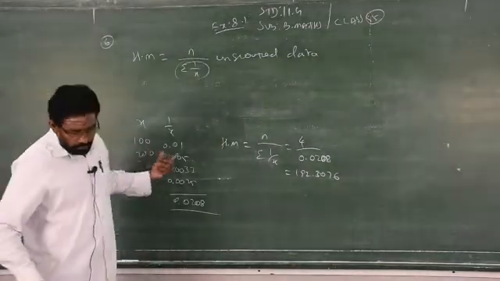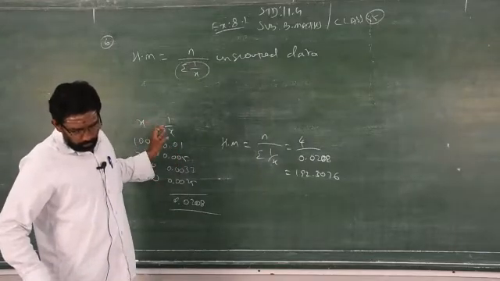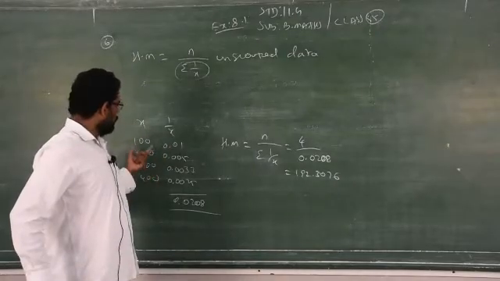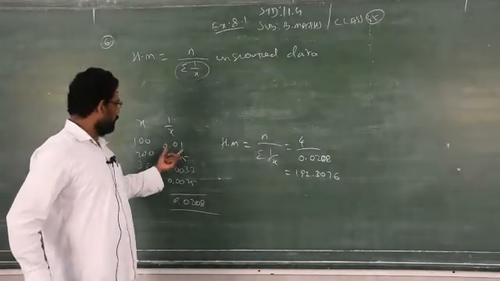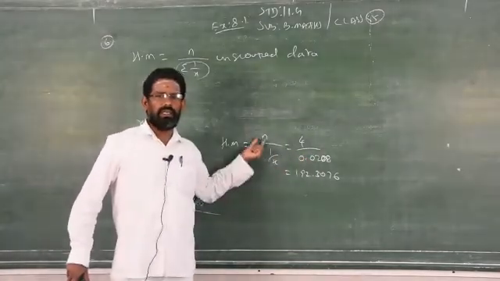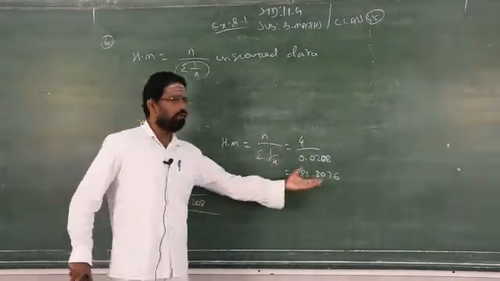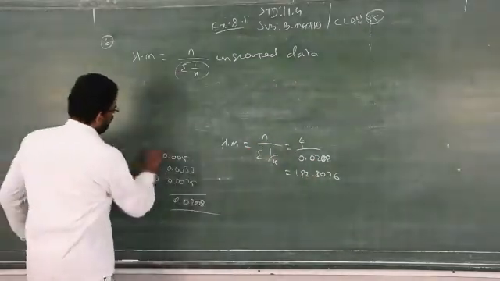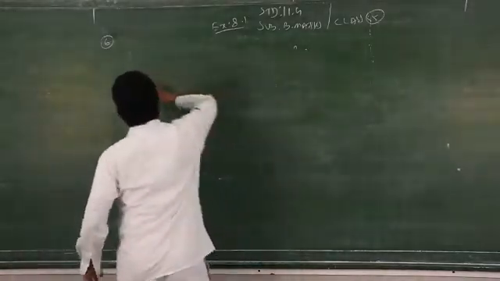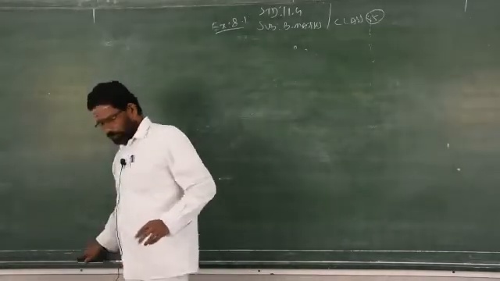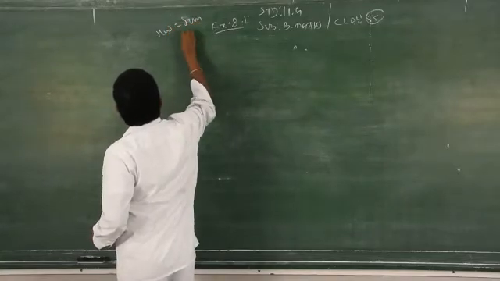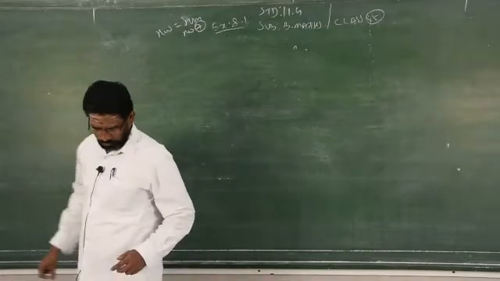Under x, what are the values you have to take? 48 kilometers, 40 kilometers, 32 kilometers. You have only 3 data under x. So 1 by 48, 1 by 40, 1 by 32. Add, substitute in this formula, n stands for 3, then this total divide, you will get required answer. Clear? So this is very easy, it may confuse you a little. So sum number 7 as a homework. So do it now.